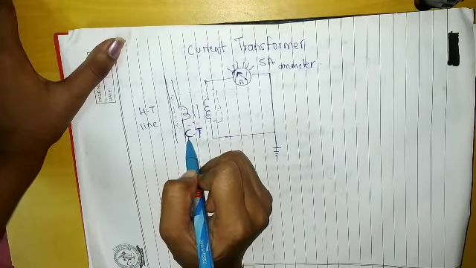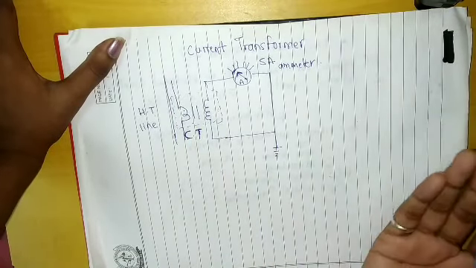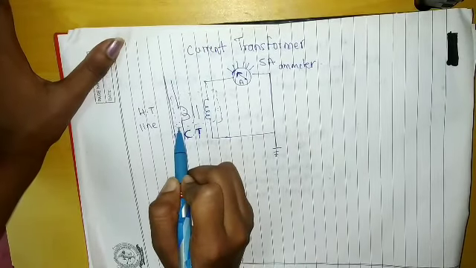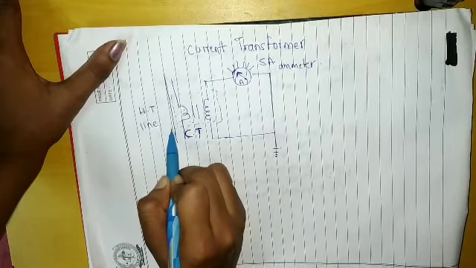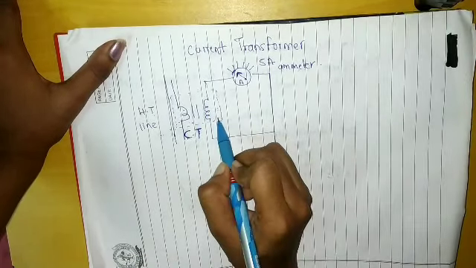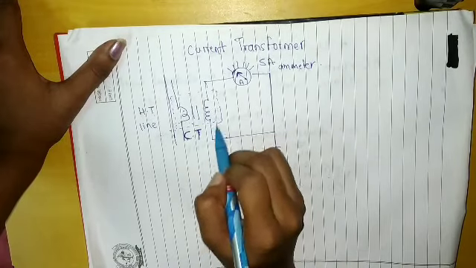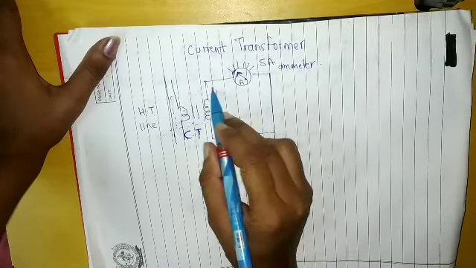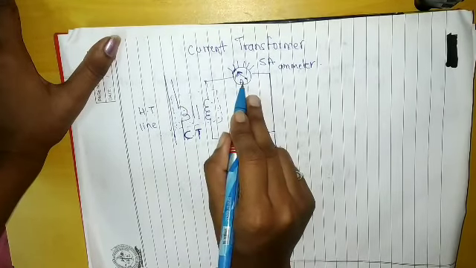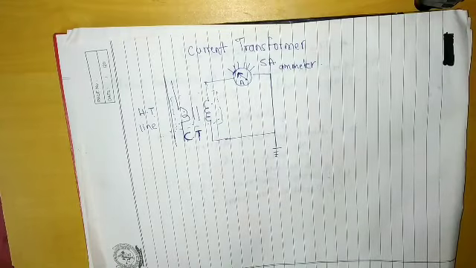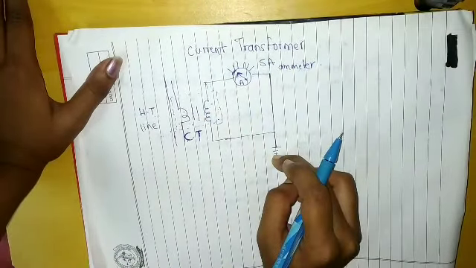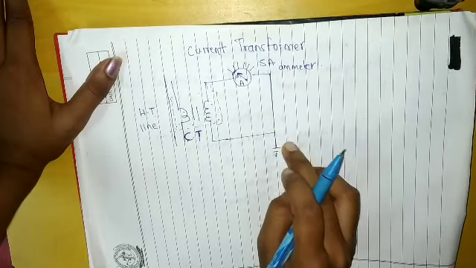Whatever system's current value we have to measure, we have to connect it in series. So primary is connected in series with the power circuit, and secondary has a large number of turns. As you can see here, it has a large number of turns and is connected directly to the ammeter. So the secondary of this current transformer is connected to this ammeter. Secondary of this transformer CT is given to the earth, right? So earth is provided. Why is it provided?